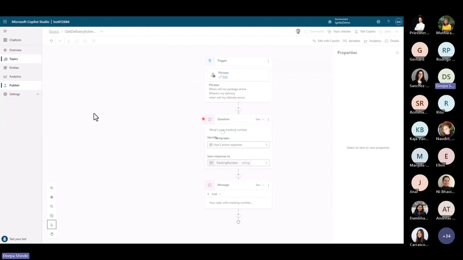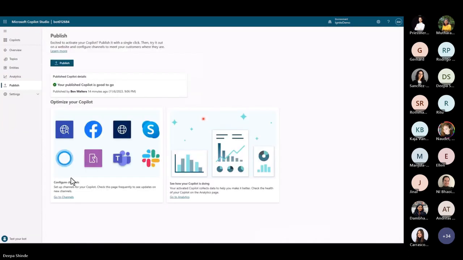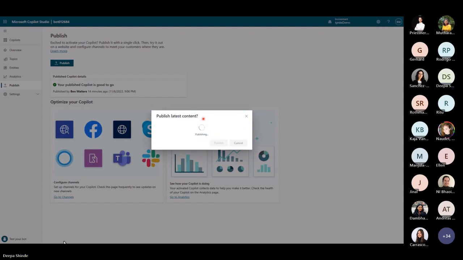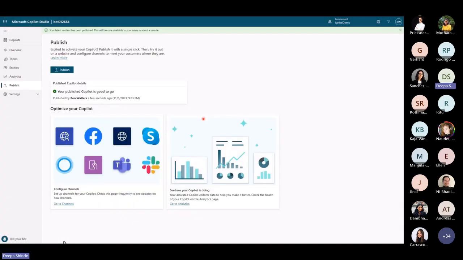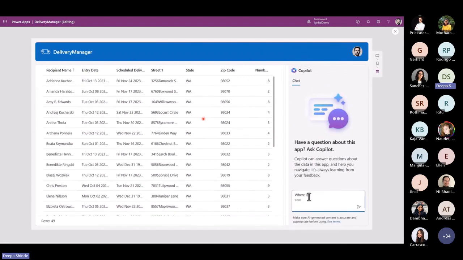Saving the topic. And then in settings, I mean, this was a very minuscule example actually, but you can do far more than this. You can extend this, add multiple actions, and it was integrated here with the Power App.